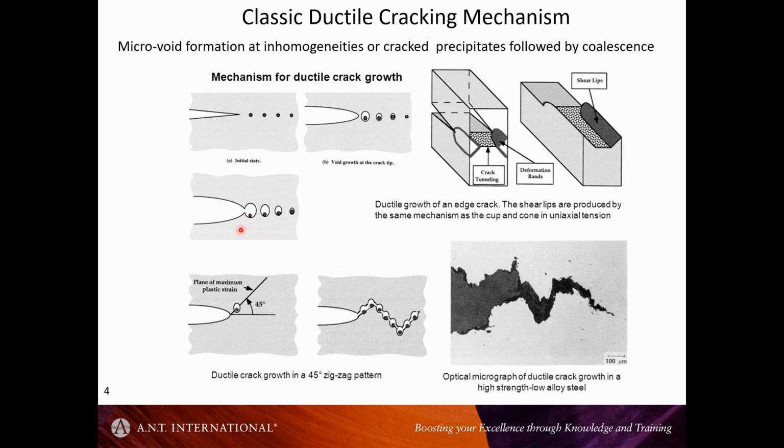Let's say I don't have the tensile axis here, but if the tensile axis was vertical, then you'll probably get some hardening, and then you get to some barrier here, and then the crack can progress further at another 45 degree angle and basically move through the material like that. Who knows what's actually going on, and typically the type of failure is subject to the stress state and the degree to which